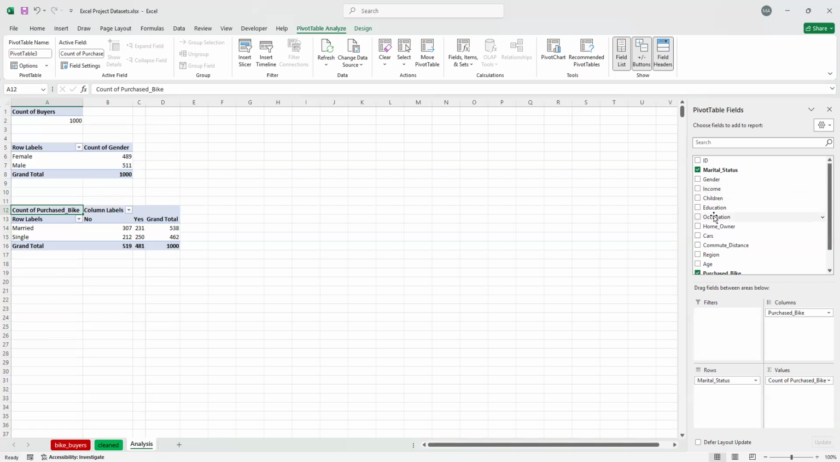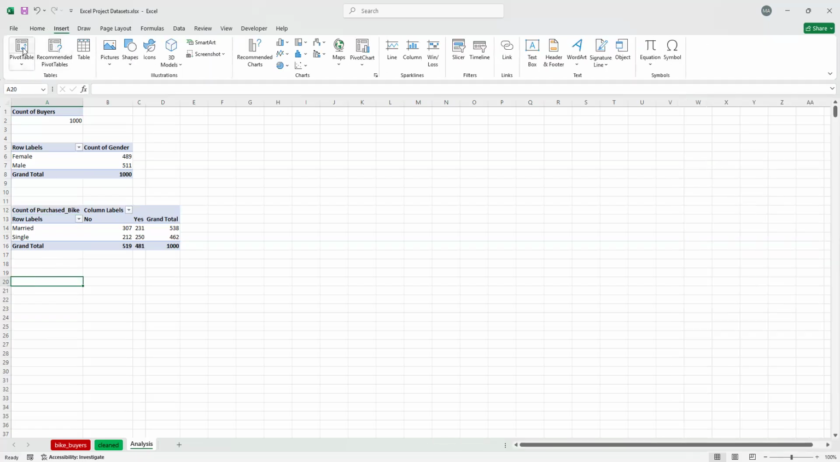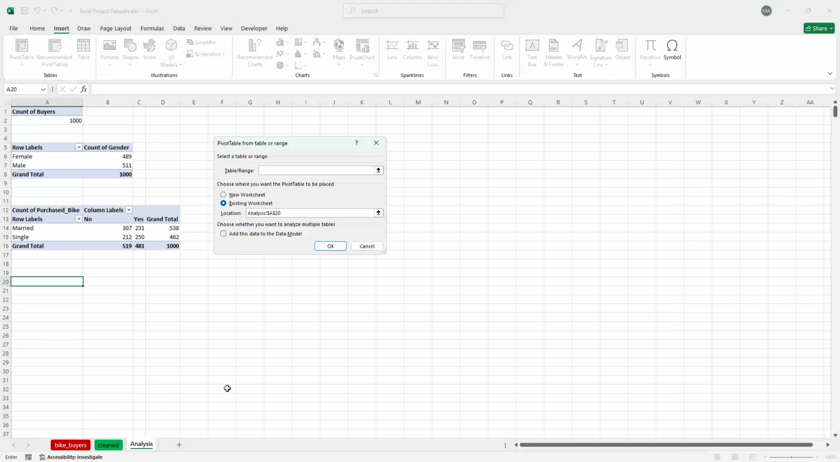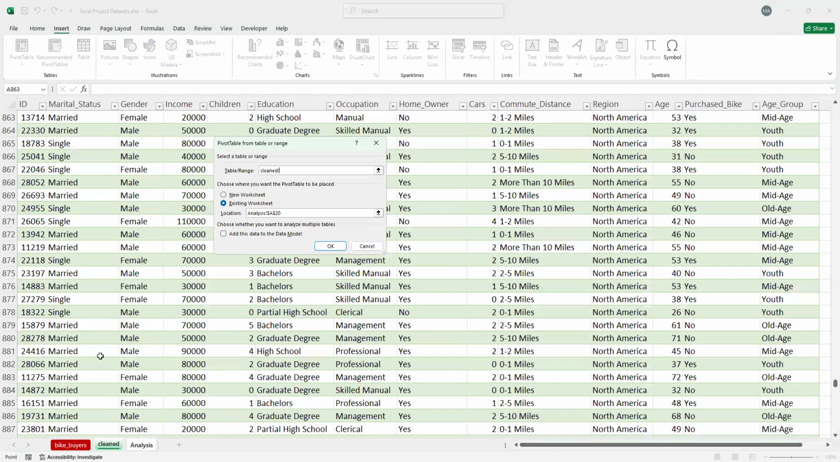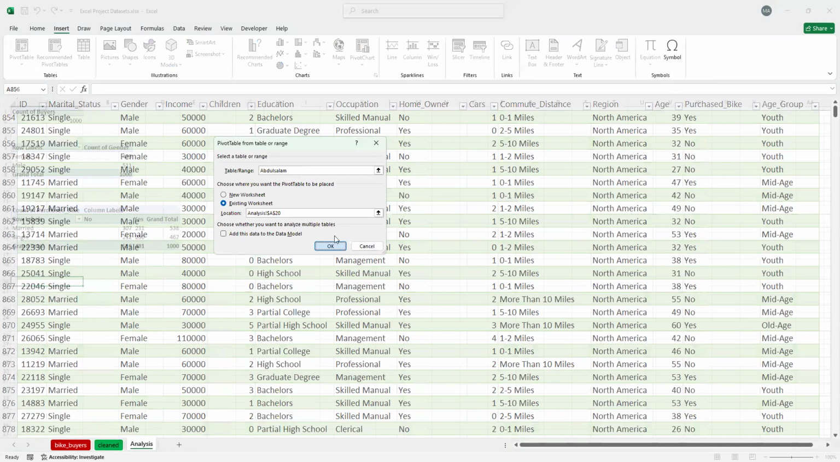Let's check for the educational aspect also. I'm going to do this once again before I show you some magic we can also get. I come to clean, click on any column, press Control A, then we have pivot